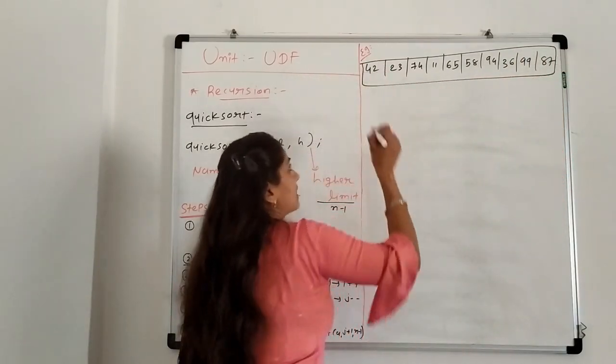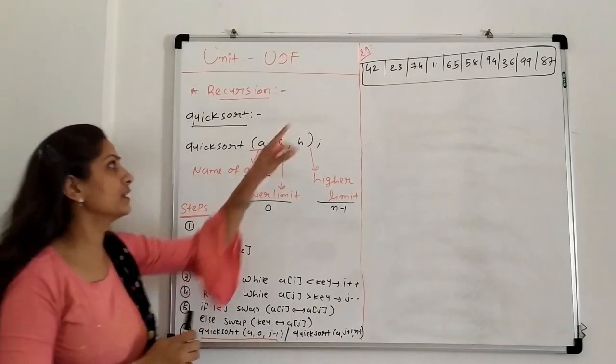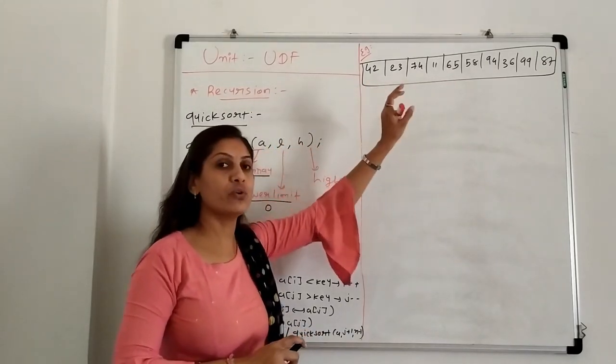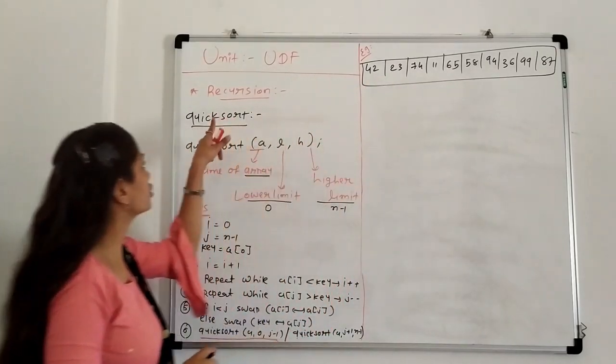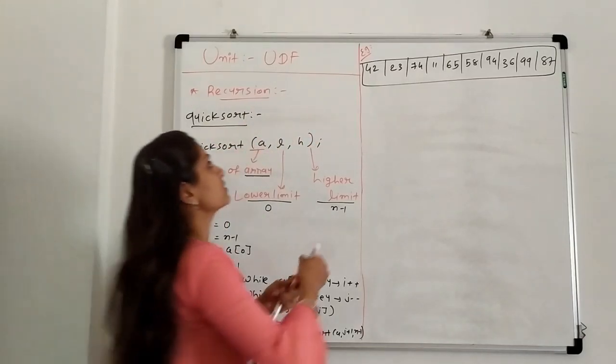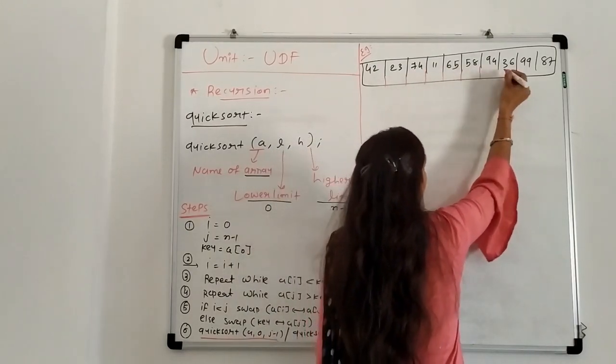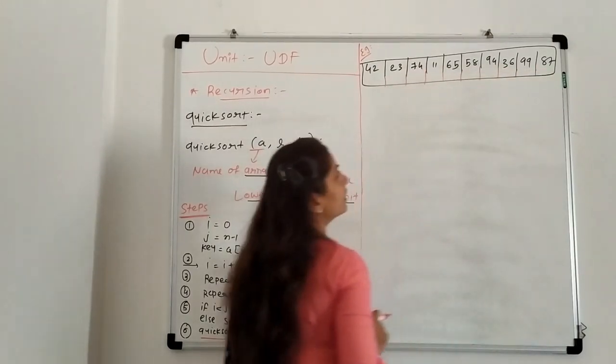This problem was asked in a GTU exam. We are writing the same data, which was given in the exam. You have to apply the quicksort method on that data according to these steps. So first we arrange this data in an array.